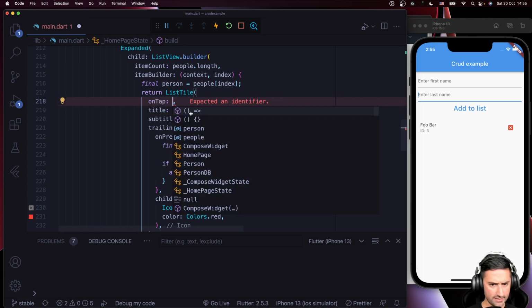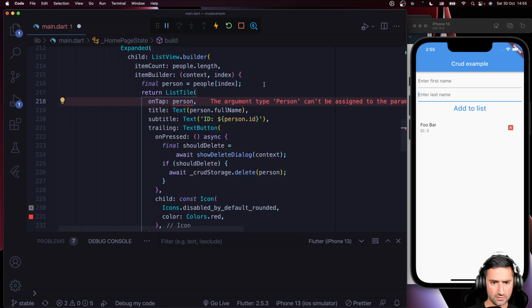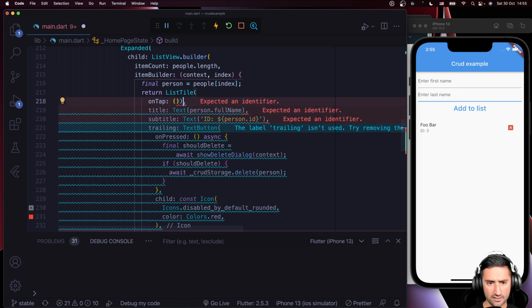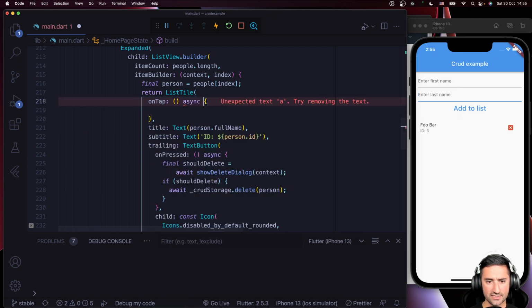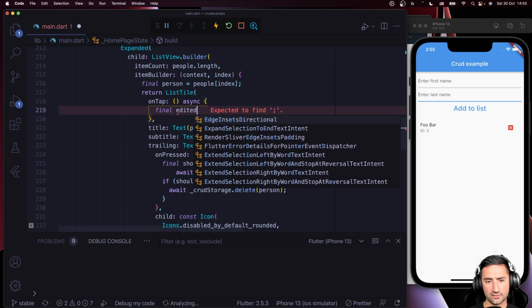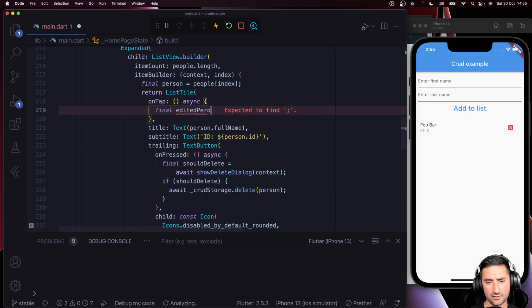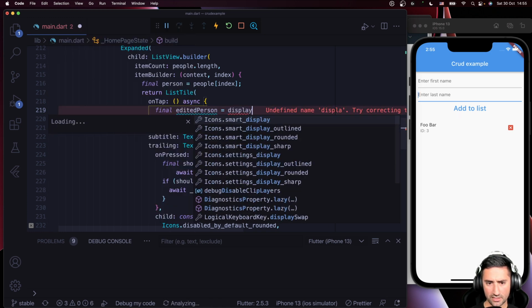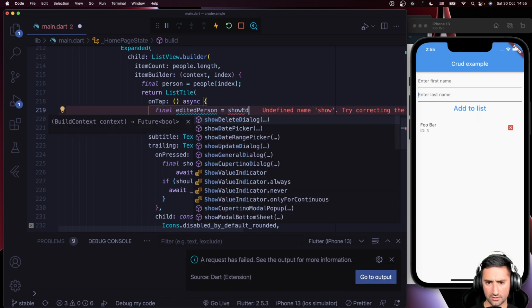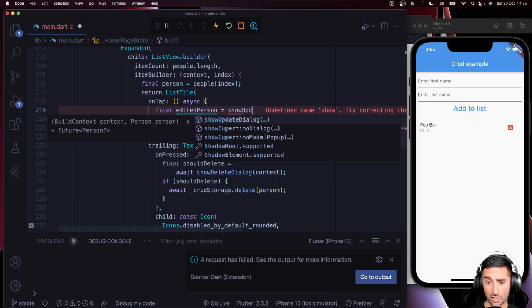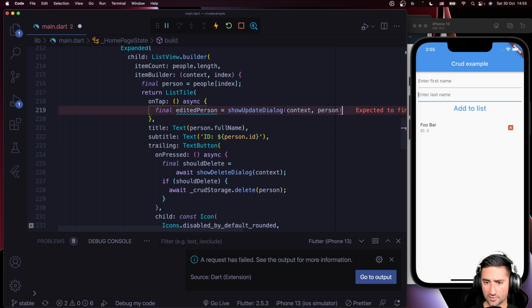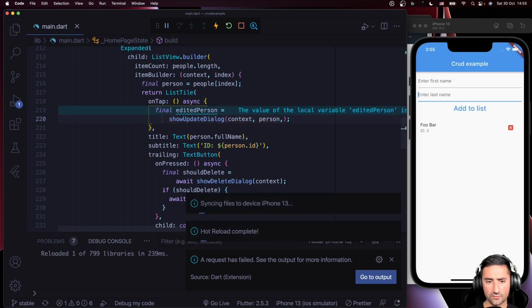How does it look like? It looks like this. Oops. Let's create this, and then I'm going to say this is an async function, and I'm going to say final edited person is equal to show edit, display or show. It was show edit, right? Show update dialog. Sorry about that. And the context on a person, and then we say